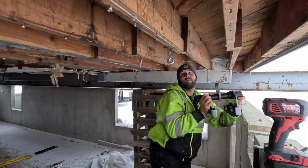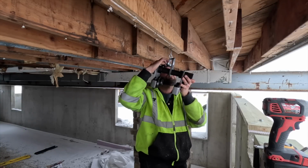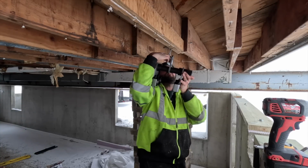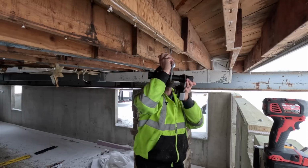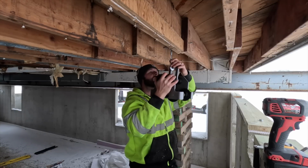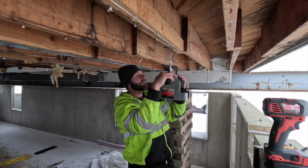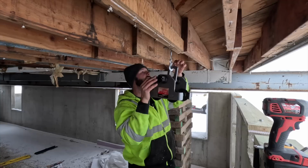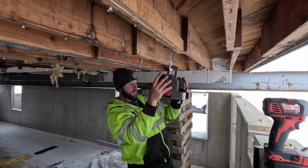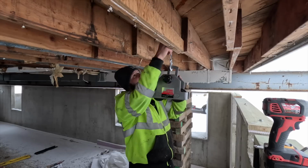So let's get this up here. Okay. The trolley itself is not light, just FYI. I'll get a clip in there. Okay, there you go. Oh, it doesn't clip in, shoot. I thought it was gonna clip in here. So that hangs a little crooked. I think it hangs crooked because of that. But once we get a beam in there, it should be okay. So then,